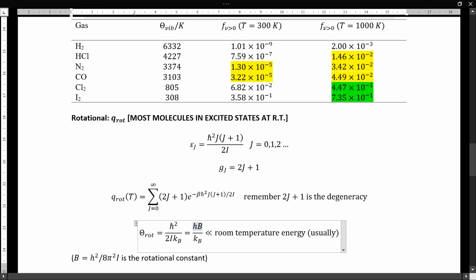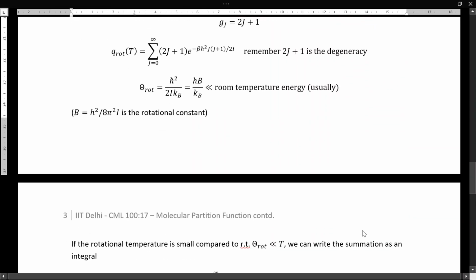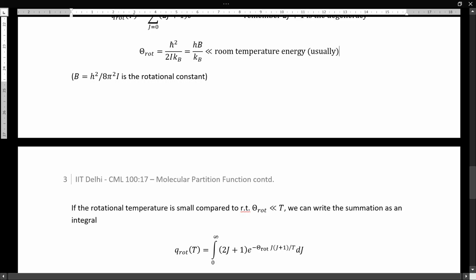Remember, B was the rotational constant, h squared by 8 pi square I. We've seen this. This theta rotational, the rotational temperature, is usually much lower than room temperature. If it's much lower, then I know that the higher energy states should be occupied. Now, this rotational temperature is much smaller than the temperatures at which we are evaluating the